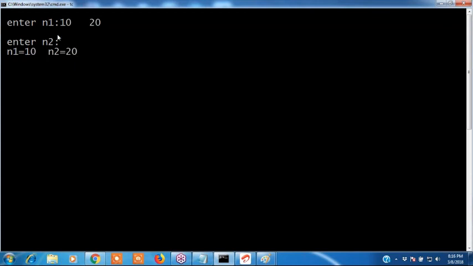Now my task is what? First you are entering 10. It is asking 20 also. I entered. I want to delete this memory. It has to ask for n2 also. You entered n1 only, right? But it is taking n2 also. Now I have given this 2000 also. It takes it as n2, but I don't want 2000 as n2. I have to delete this input. I want to delete this memory.